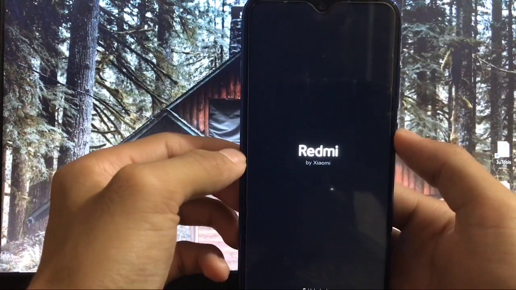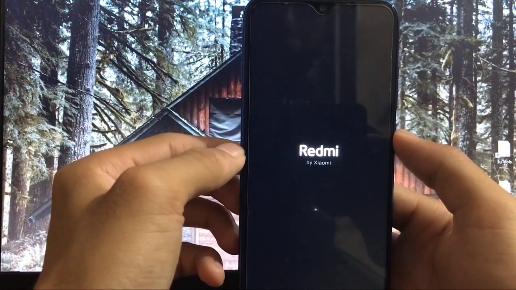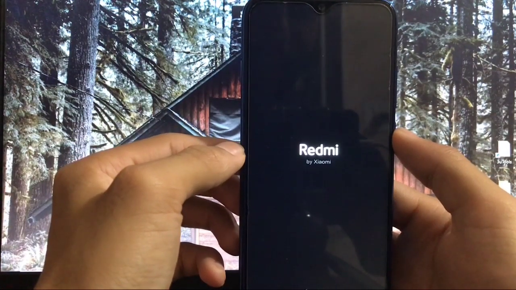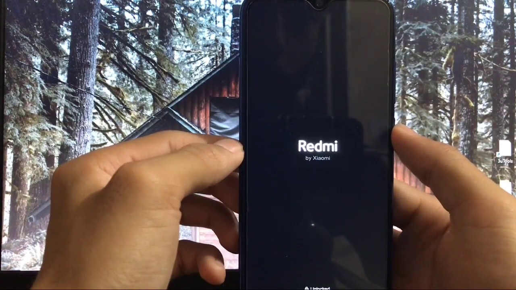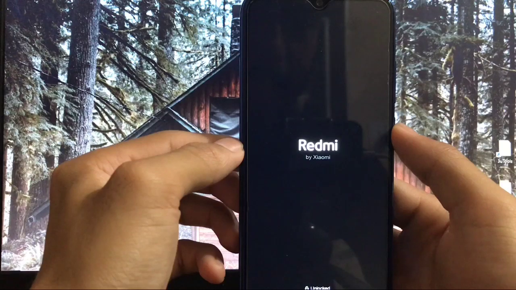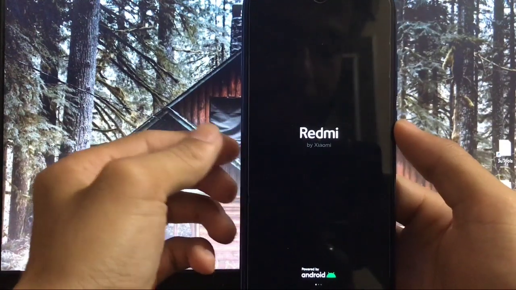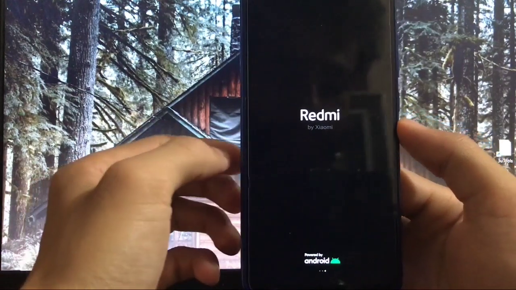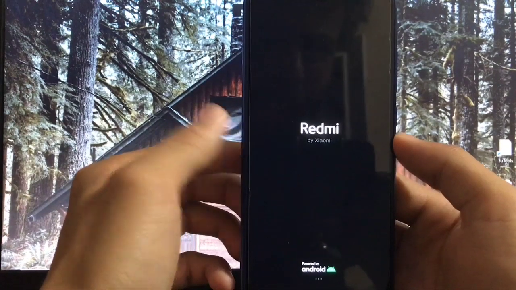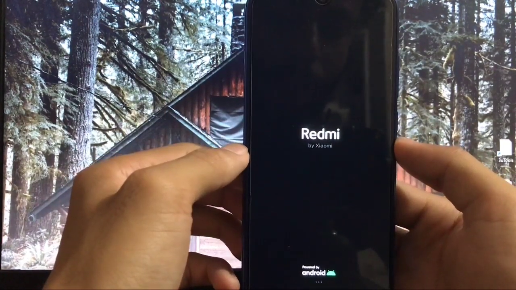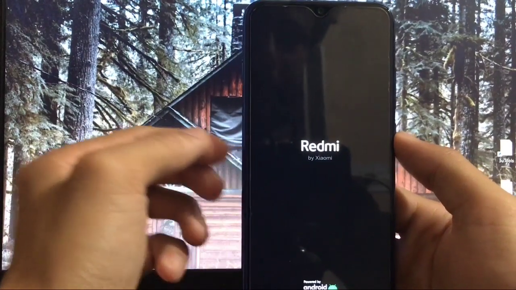I'll show you, just wait for some time, it will boot again, so don't worry, it is rebooting. But we will be booted into MIUI 12 very soon. Whenever it opens the boot animation, I'll show you that, and it will be stuck at the boot logo for that time. And here it is, Redmi by Xiaomi, powered by Android. As you can see, it is booting. We are booting into the MIUI 12 operating system. So let us wait and let me come back to you whenever it is booted. Just stay tuned and let's check out how much time it will take.